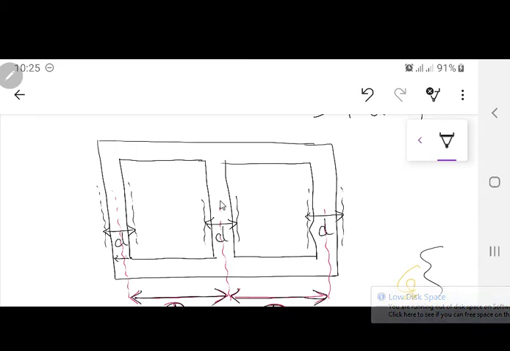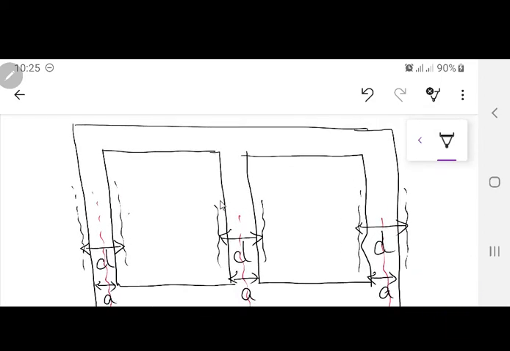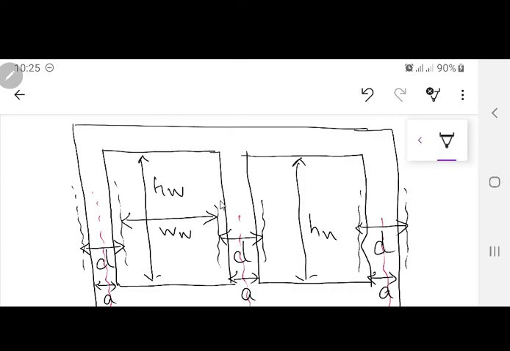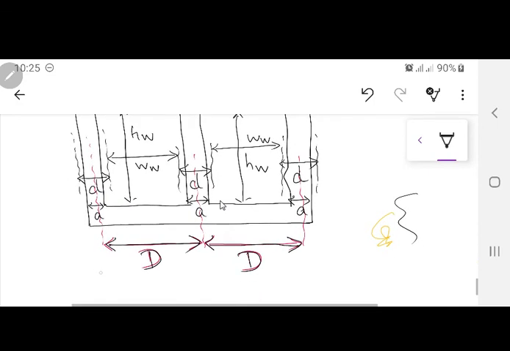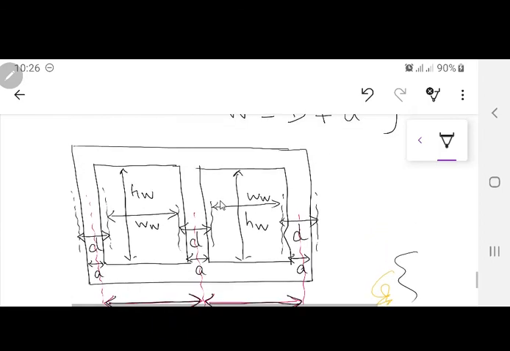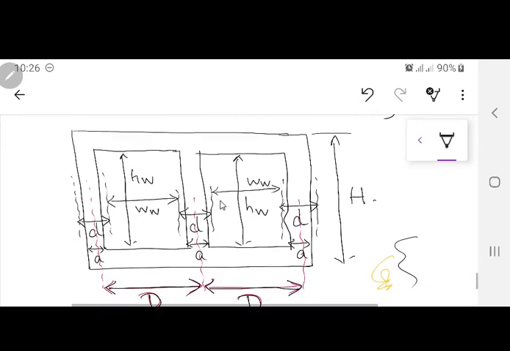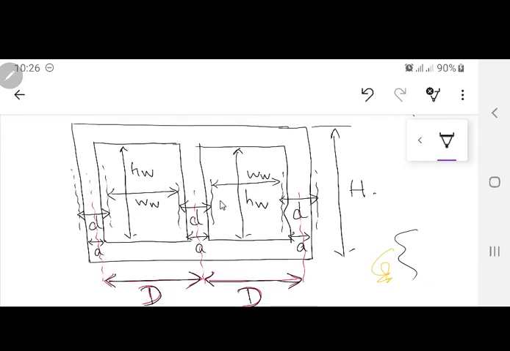And here this is equal to A, this is equal to A, this is equal to A, and here from this cylinder to this cylinder this is equal to the width, and from here to here this is equal to height, and the same dimensions repeat over here for the second width. And the exterior certainly, because this is the total exterior, from here to here this is the width, and from here till here this is the height. Same thing, just extension of the single layer transformer over here.